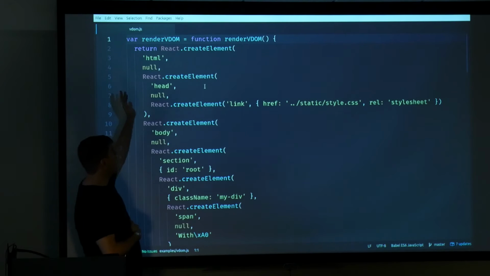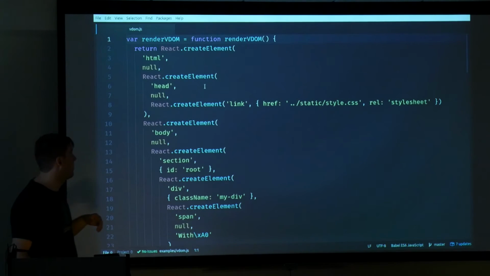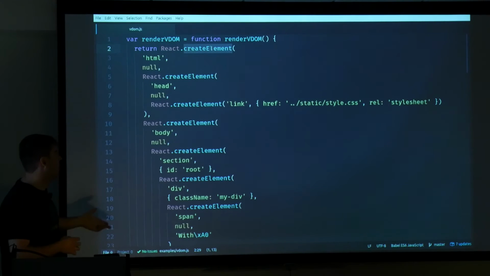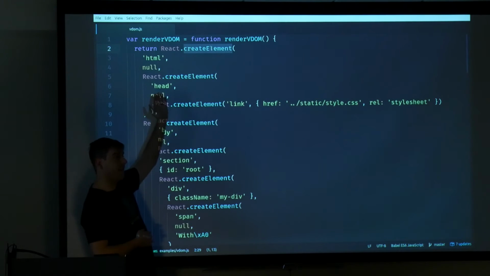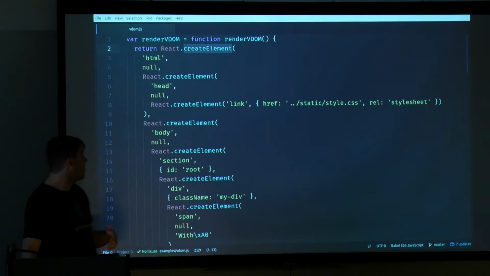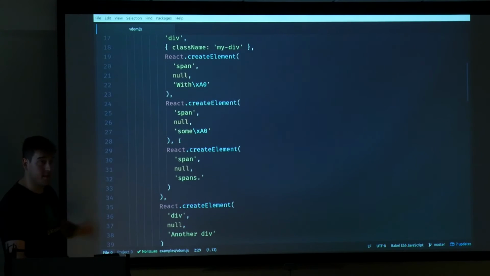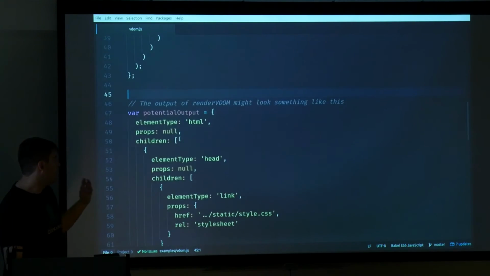Okay, so we have this function, and this is compiled, so it's going to look a little bit different from the arrow functions, but it's nothing we haven't seen before. It's just an anonymous function. We have this React.createElement, and we pass it HTML, and it has a React createElement for head, and then one for body, and one for that section, and the divs, and the spans. And this is just JavaScript, really. But this JavaScript builds some output